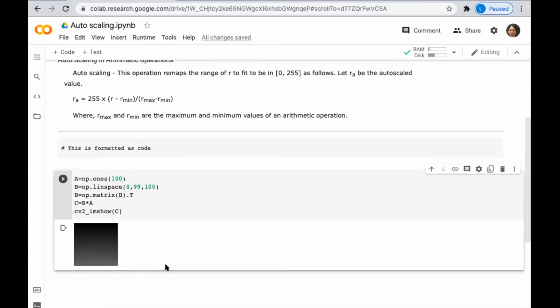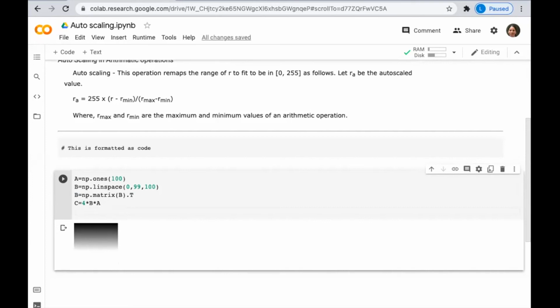Here in this, there is no problem. The problem will come if I am doing an arithmetic operation which is taking the values beyond range. In order to do that, let us multiply this with 4. So my maximum will now become 400. Okay, so now you can see that from here onwards, you can't see anything because it has saturated till here only. So now let us apply this auto scaling operation.